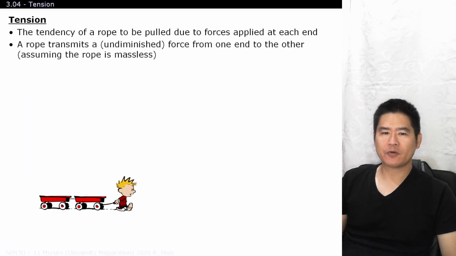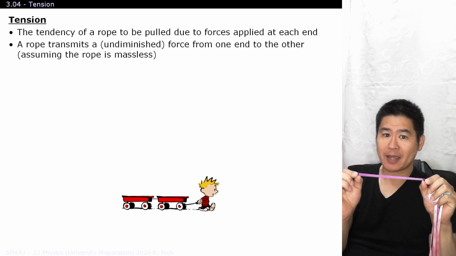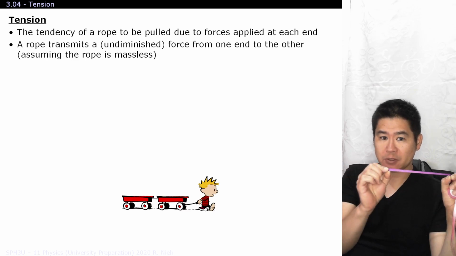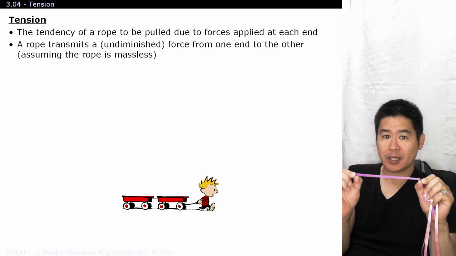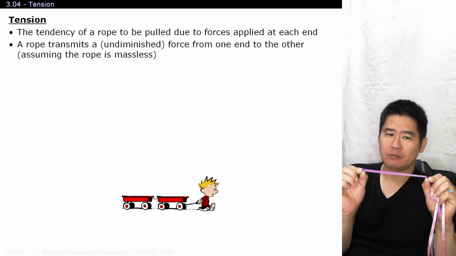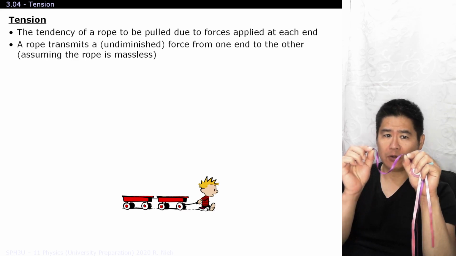Tension is classified as a response force. It's usually a force between two separate objects connected together by a string that's massless and infinitely strong. The reason for that is that we want to be able to transmit the force completely undiminished from object A onto object B. And if this string happened to have a mass, well, if you ever connected a boat to a shore before, you'll notice that the rope tends to do something weird like this, forming a curve known as a